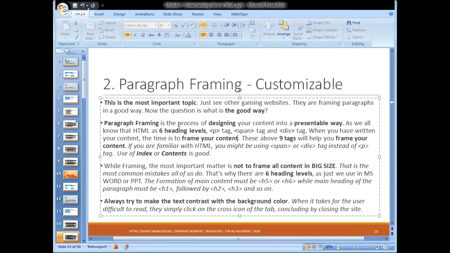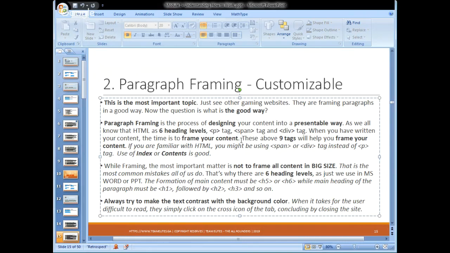So what you need to do before and after writing an article? The first thing while writing an article is to draft your ideas. If you draft your ideas, that would be very good for you, so that you don't forget them further. When you draft your ideas, the next thing is to expand them into big paragraphs or content. Then the third thing is to frame your paragraph. The fourth thing is to style your paragraph, and the last thing is to publish your article.